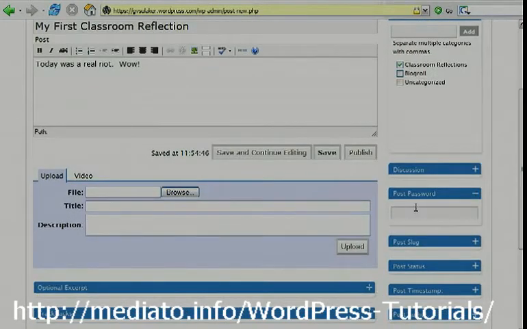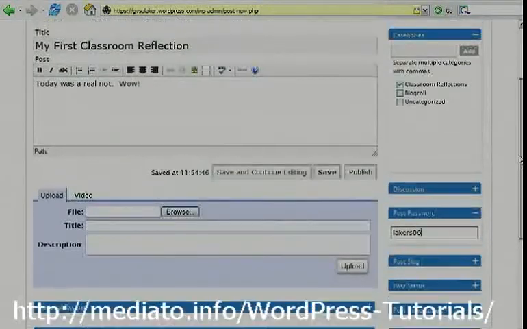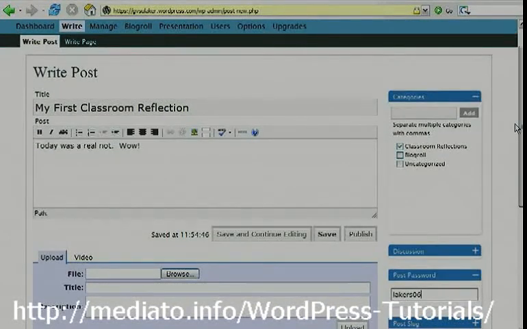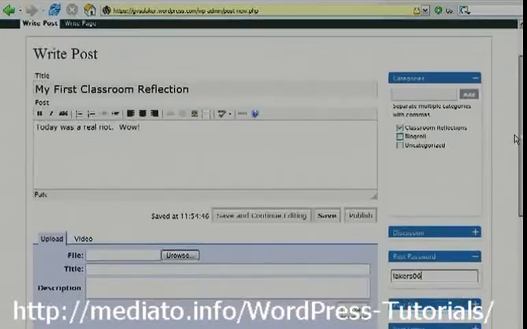And then a second option here, we're going to post a password for this particular post. You can't password protect the entire blog with WordPress, but you can individually protect these posts. And for Ed 331, this is definitely what you want to do. Post a password, the same password that we use, although I'm changing it here for keeping it confidential. I'll use a different password. And then, if we're ready to go,